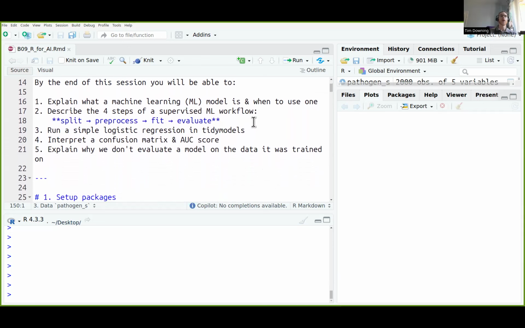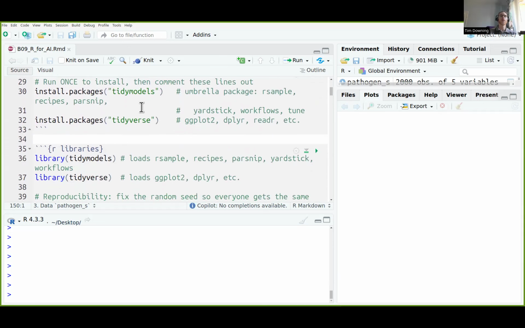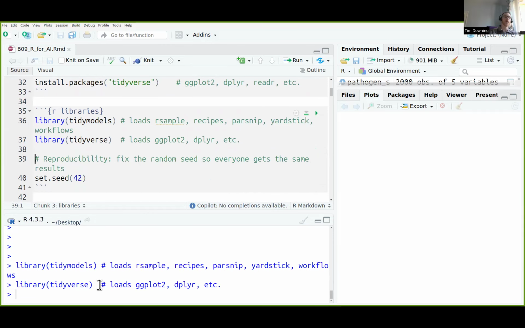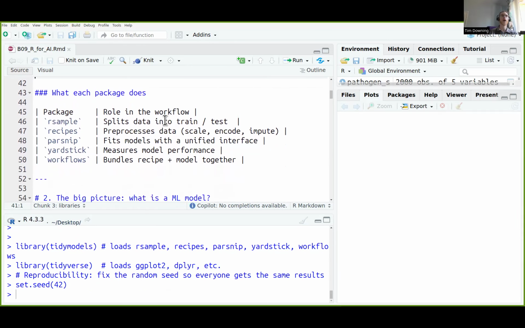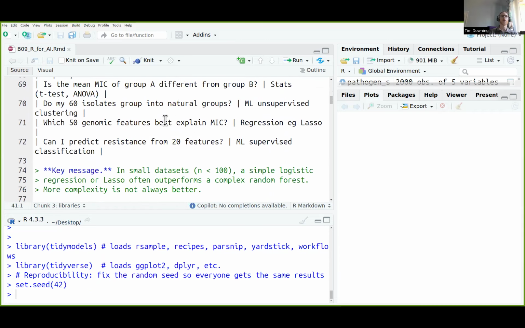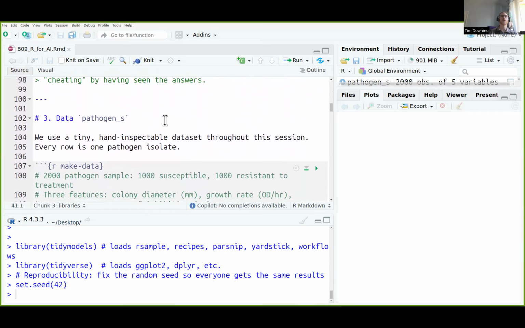We're going to use tidymodels and tidyverse. We can run the library command to load them here on lines 36 and 37. You should not see any output when they've been correctly loaded, and we'll set the seed to be 42. Those are the packages, and we can go down to the part where we're thinking about the first steps, which is